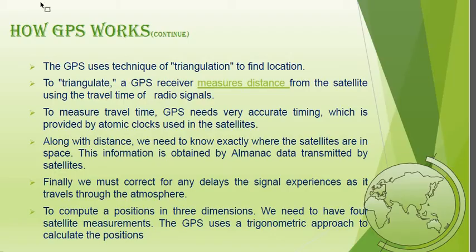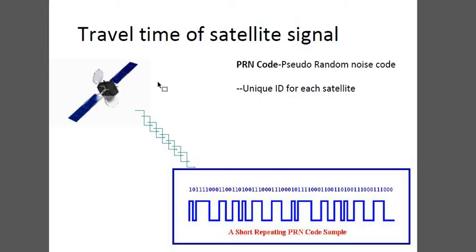So the technique which we use for the GPS is the triangulation method, and the principle of operation is time of arrival. TOA is the time of arrival, which is the principle of operation, and the technique which we are using for this is your triangulation method. Before we go to the orbits of the satellites, I would like to also discuss something about the pseudo-random codes and the travel time of the satellites.